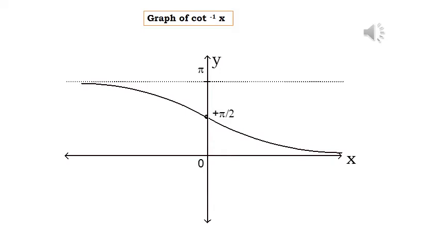If you look at the graph of cot inverse x, y equal to 0, that is the x-axis, and another horizontal line y equal to pi are the two asymptotes of cot inverse x. At infinite distance, the asymptote has a tendency of touching the graph of cot inverse x. So the range is the open interval 0 to pi, but horizontally all values are included. So the domain of cot inverse x is the set of all real numbers.